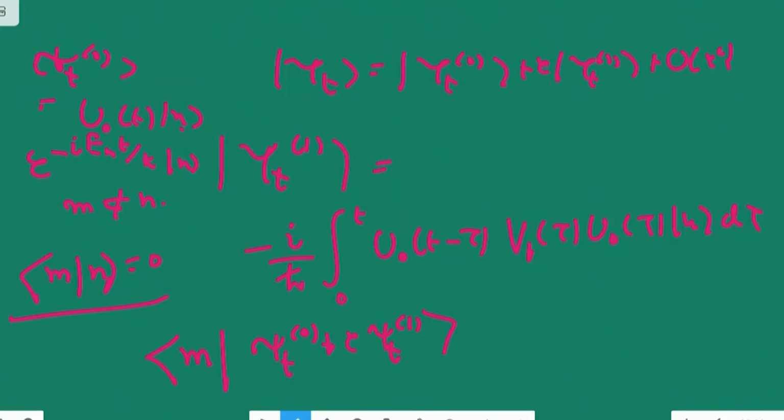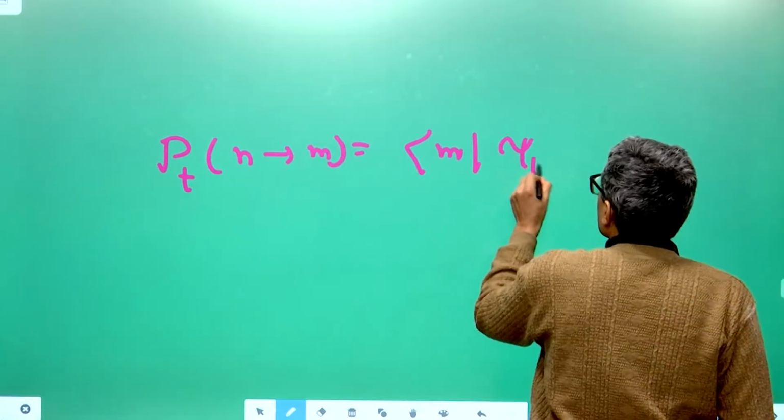So, this will not contribute anything. So, this will be simply electronic charge times this transition probability amplitude, and you can calculate that very easily from this. So, you see that you can say that the transition probability, the probability of it making a transition in time t from n to m is